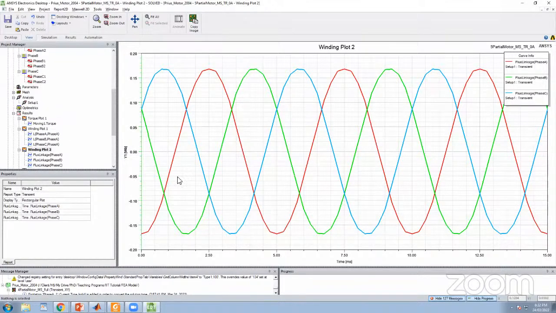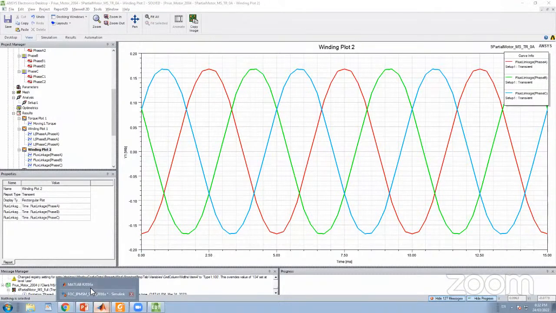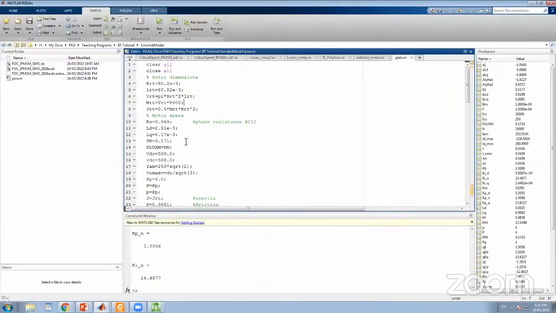So from this model, I got the LD, LQ, and flux linkage of the Prius motor. That is LD equals 2.5 millihenry, LQ equals approximately 6.2 millihenry. The flux linkage is 0.171 Weber. Okay, so this is how you calculate LD, LQ, and magnet flux linkage of a machine from the